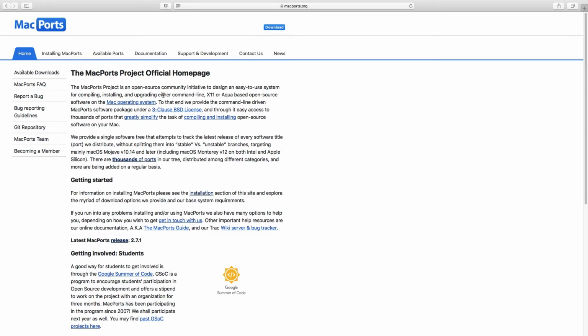To that end, we provide command line driven MacPorts software package under 3-clause BSD license, and through it easy access to thousands of ports that greatly simplify the task of compiling and installing open source software on your Mac. So we can actually check what all software is available with MacPorts.